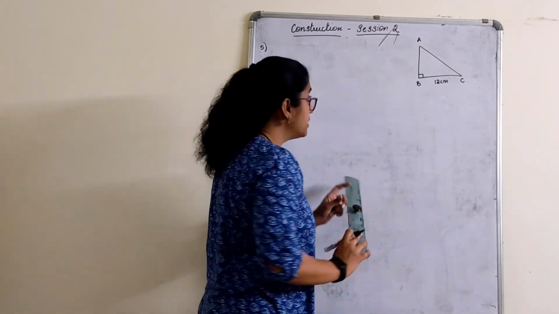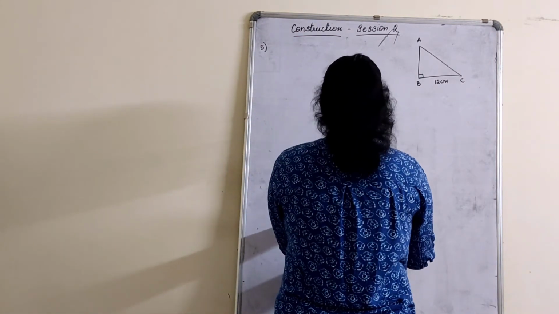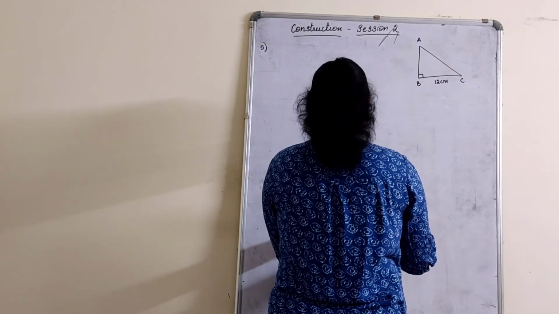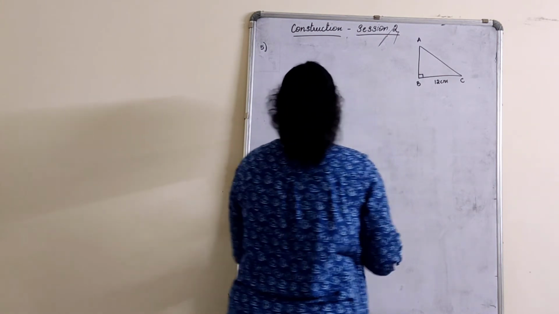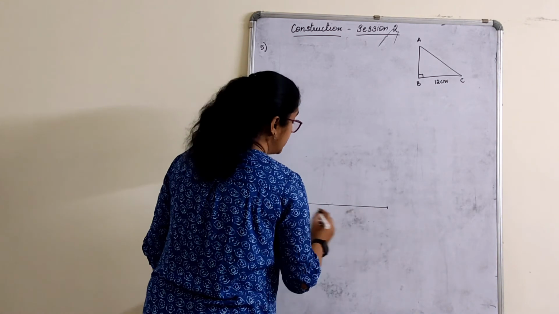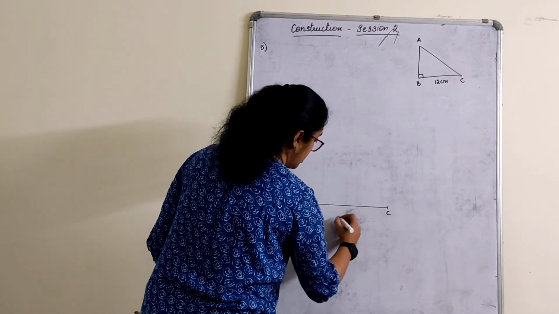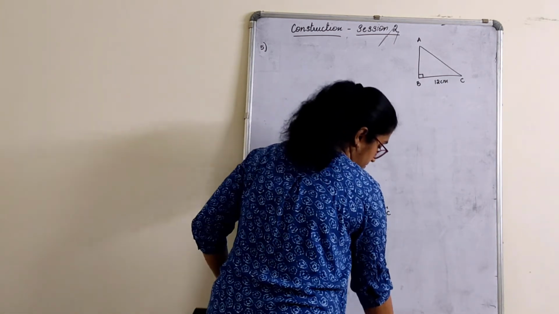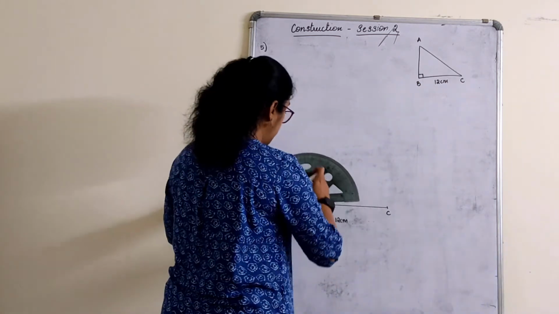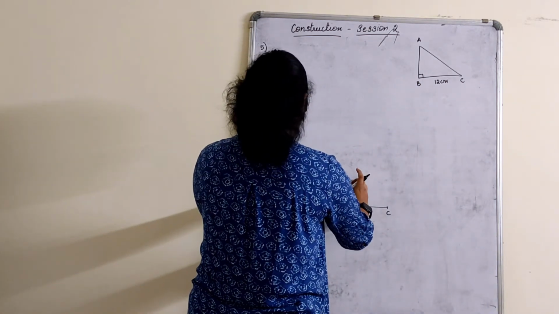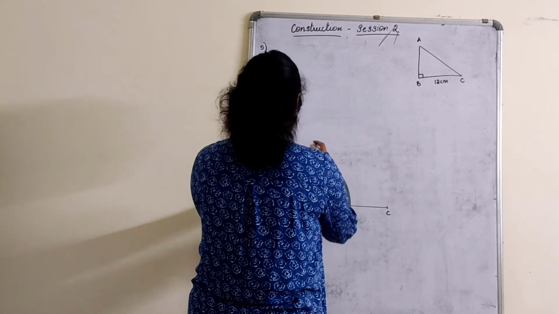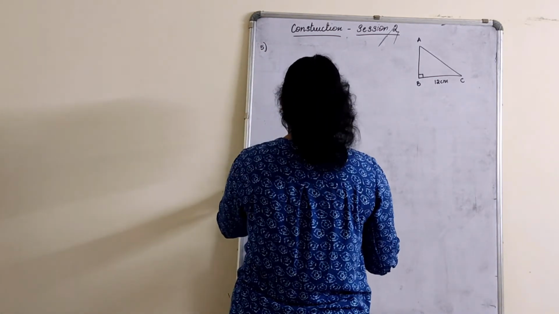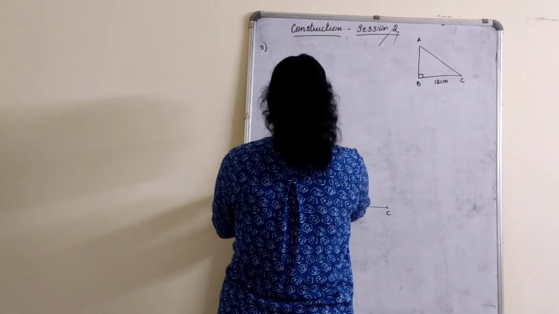Let us do. So first of all, let us draw a right angle triangle whose base is 12 centimeter. This is BC, which is 12 centimeter. Use your protractor or compass. I know 90 degree you can draw a straight line, but still I want you all to use a protractor or a compass for construction. Mark it for 90 degree.